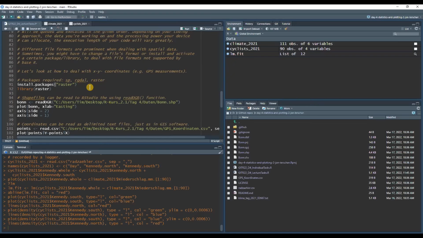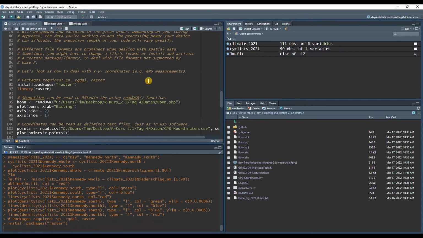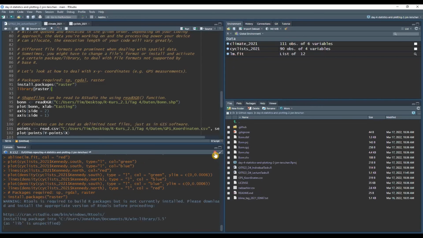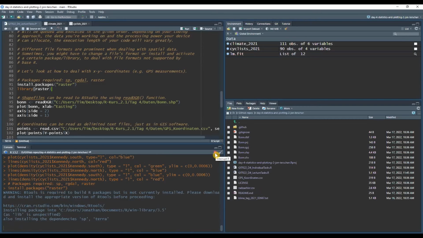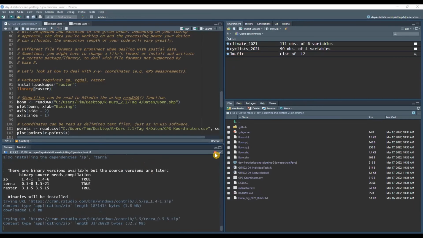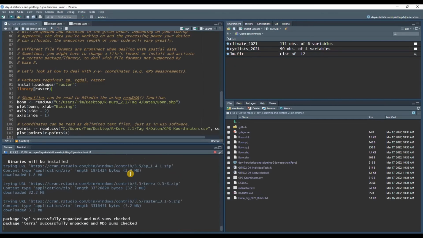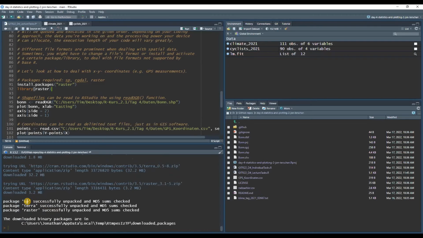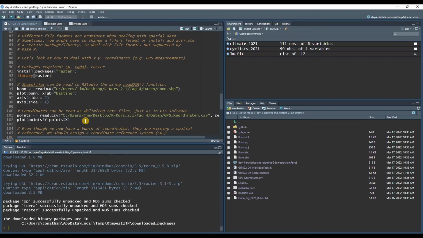So we start off by installing the package raster, which I have already installed, but I will install it again just for now. Maybe there is an update. And here you can see now, because this takes a bit longer, this little stop sign to interrupt your code execution. So stuff happens, the raster will be installed. You can see SP is a dependency of raster and will be automatically installed if you install raster. I think the same goes for RGDAL. I'm not entirely sure right now. Okay, but then we call library raster